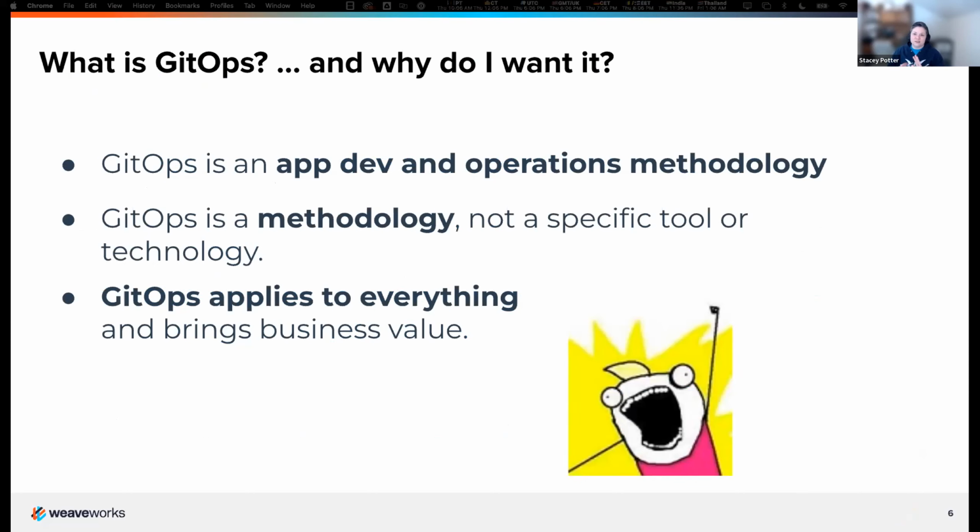So some basics, if you're brand new, we just want to quickly cover what is GitOps. As the name implies, it's Git plus ops, or sometimes we like to say it's operations by pull request, where you have a repo as your single source of truth. It's not just app or dev or just operations, but really a methodology that crosses all areas. We talk about GitOpsing all the things, and the business value that comes with that are reliability, velocity, and security